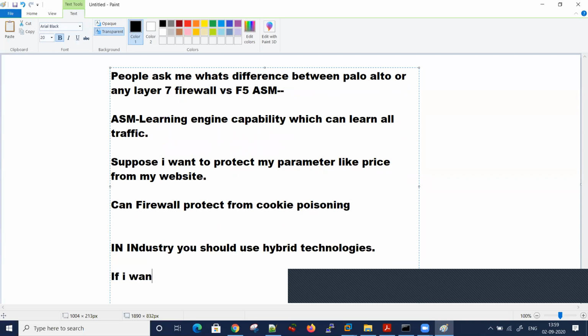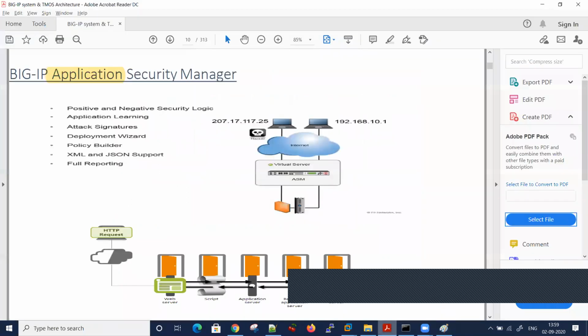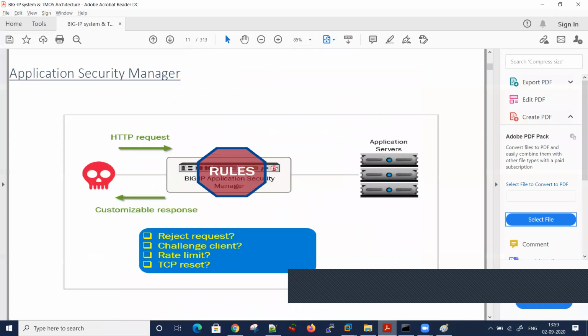If I want to protect against DoS attacks, I can use a firewall. But if I want to protect my critical database server and application server, then I can introduce the ASM module. This is where it has a policy builder. It applies policies based on compliance and everything.